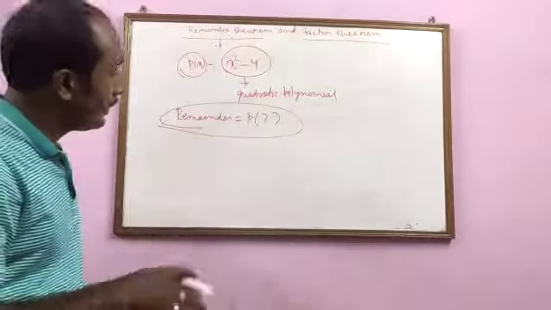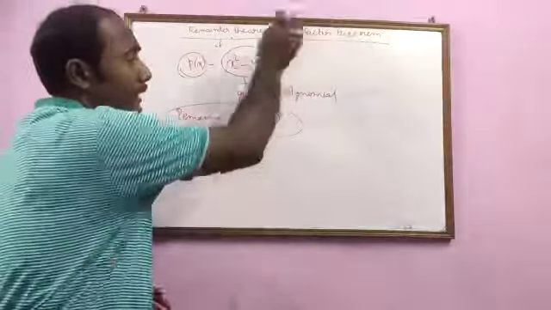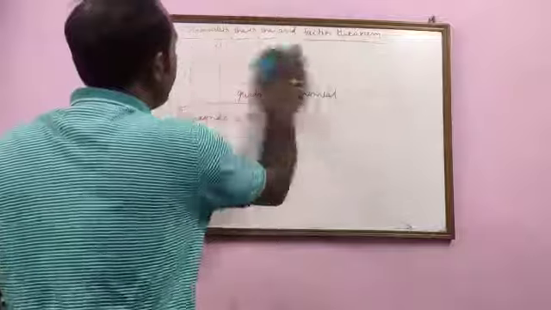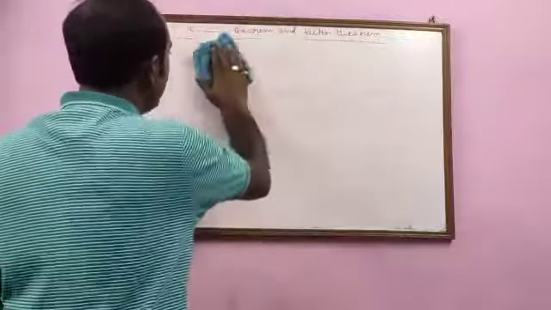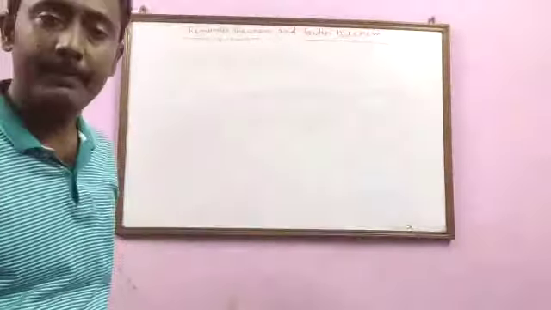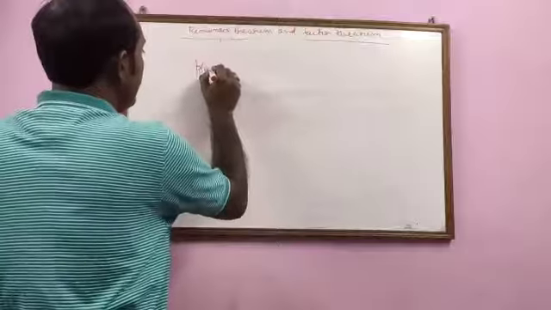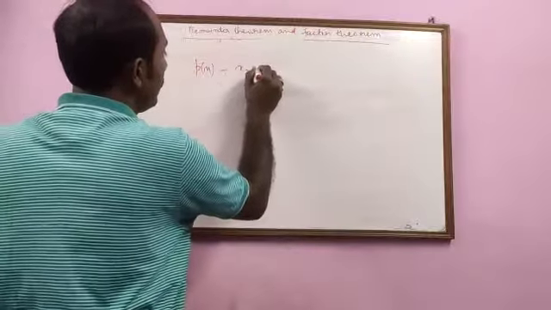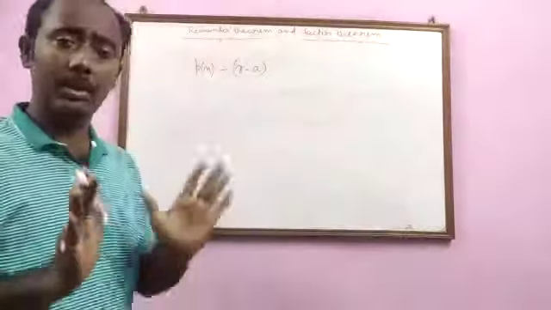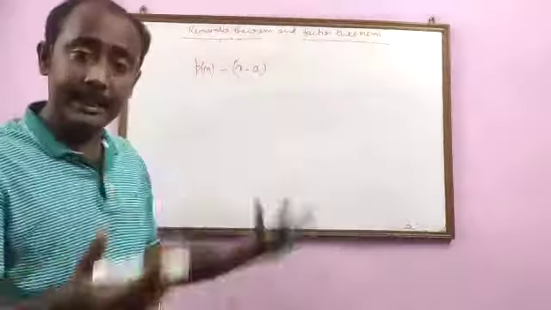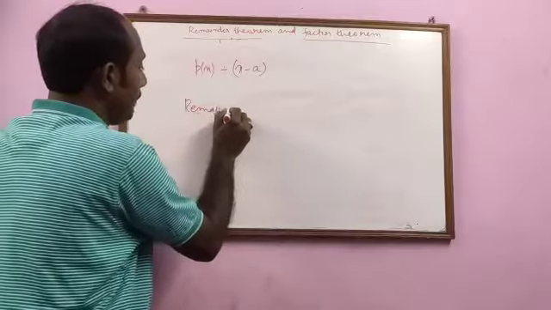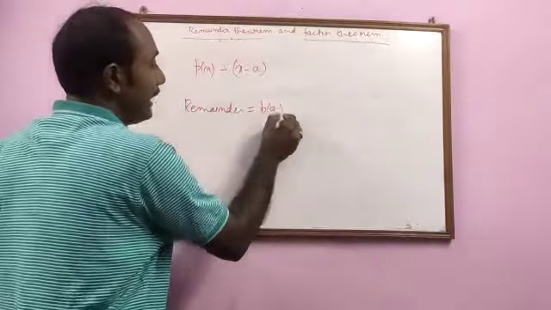Now let us talk about the factor theorem. The factor theorem, I would say, is an extension of the remainder theorem. Once you understand what the remainder theorem is all about, you will definitely understand what the factor theorem is, because all the assumptions will remain the same. P(x) will be a polynomial of degree 1 or greater than 1. x minus a is a linear polynomial. Here you are finding the remainder. By use of the remainder theorem you say that the remainder is P(a).